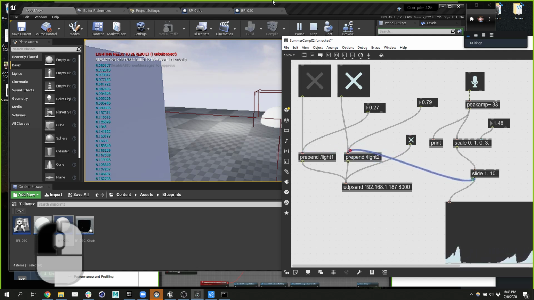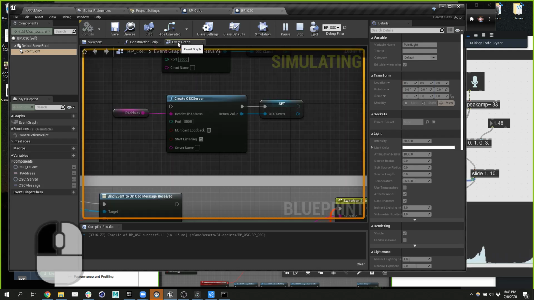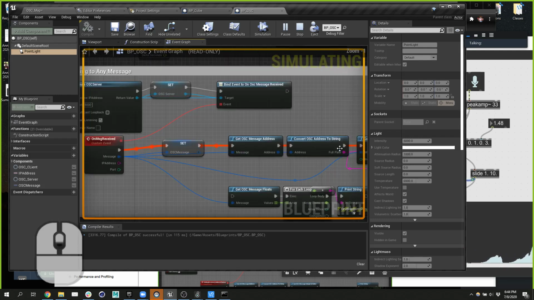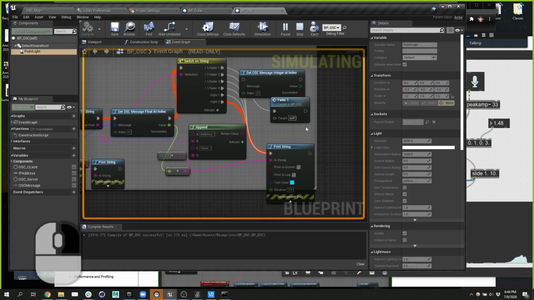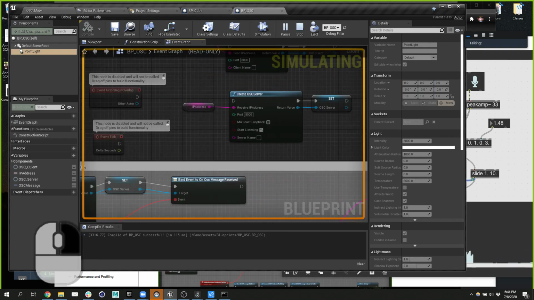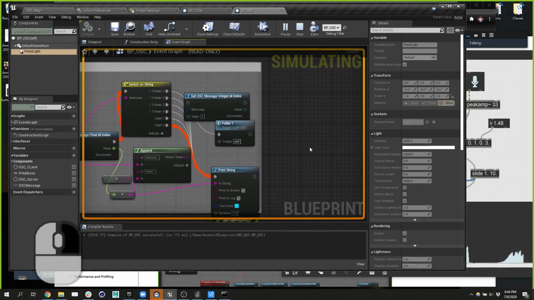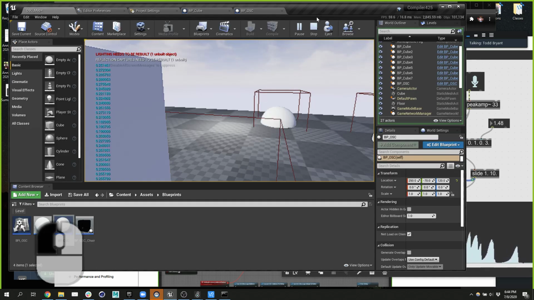Light 2. Let's see. Where are you? It's supposed to be light 2. Great. So now let's adjust